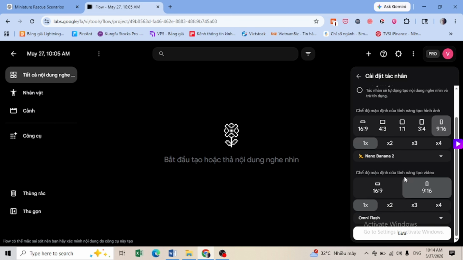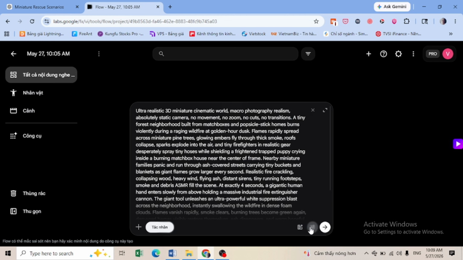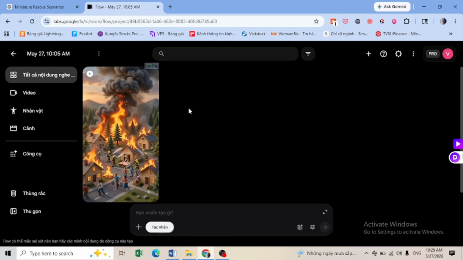Quick tip here, when you're starting out, don't generate too many versions at once. I usually keep it at just one generation first to quickly test the idea. Then I paste the prompt from ChatGPT into the prompt box and hit generate. And honestly, this is the most satisfying part. After just a few seconds,